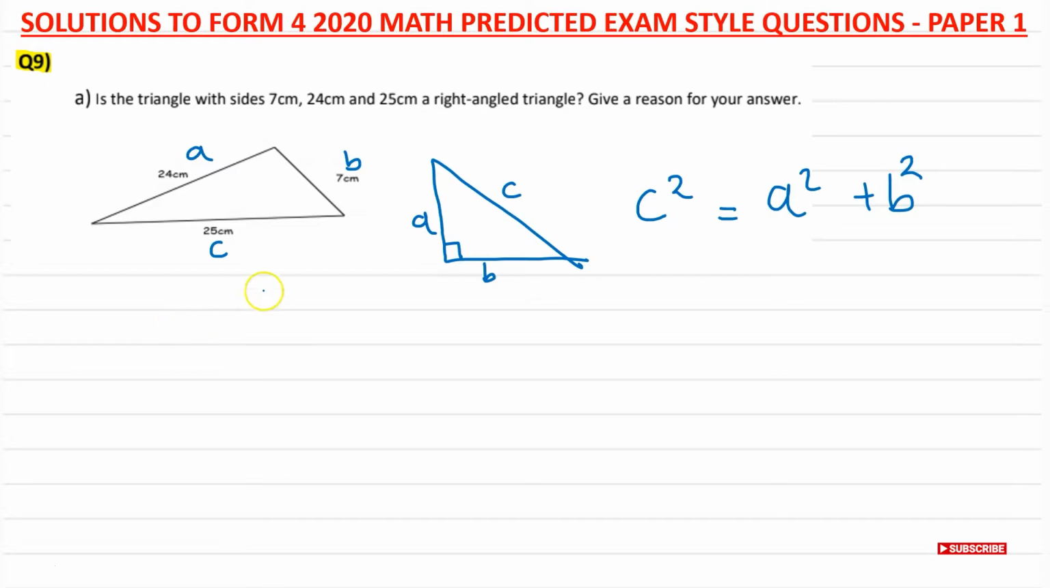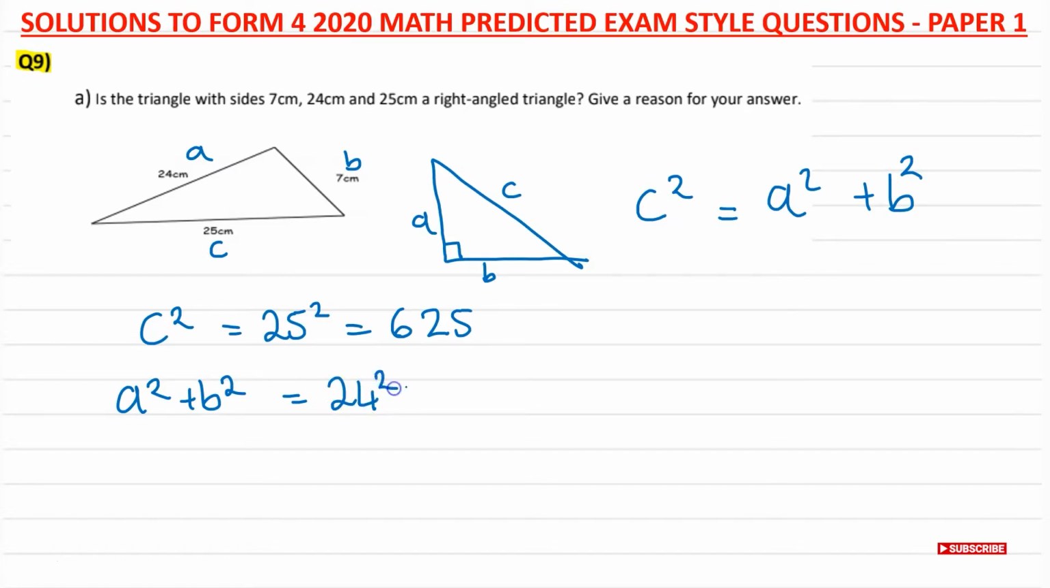Now we're going to test C squared. So C squared is going to be 25 squared. If you square this, you get 625. And now we're going to do A squared plus B squared, which is going to be 24 squared plus 7 squared. 24 squared is 576. 7 squared is 49. If you add these two, you will get